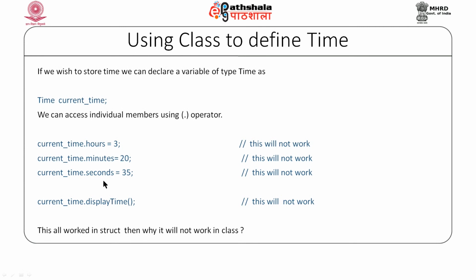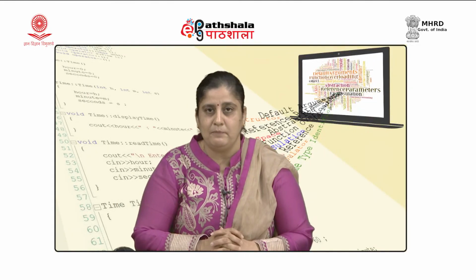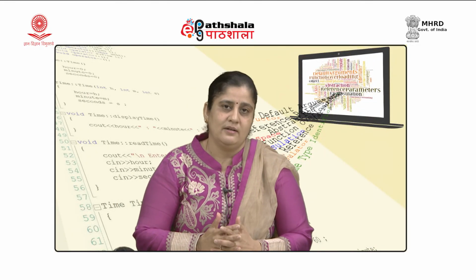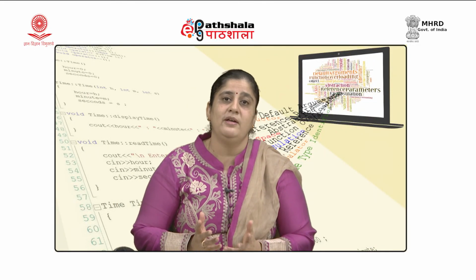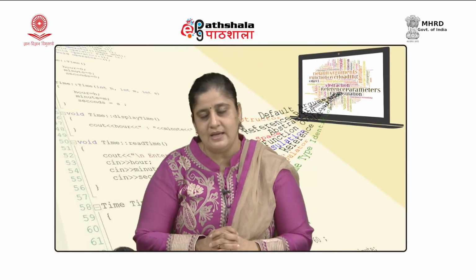So, the data members as well as member functions are all defined as private in class, therefore, outside the class, to any function, they will not be accessible. But what we can do is, the data members that we wish to be accessible outside the class, we may define them as public. We will try to see which members we should define as private and which members we should define as public.